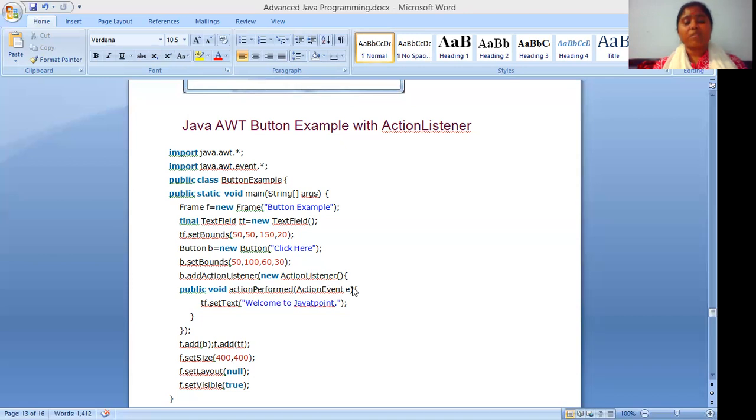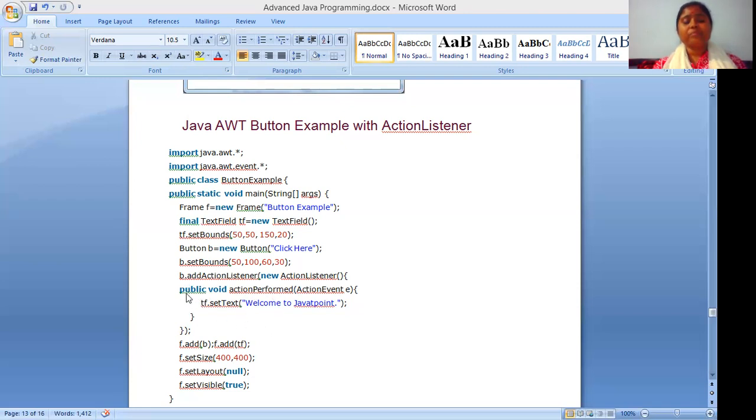Now we are starting the body, and what we are going to do is define actionPerformed. When you click on the b button, what action will be performed, you define here in this action listener method.